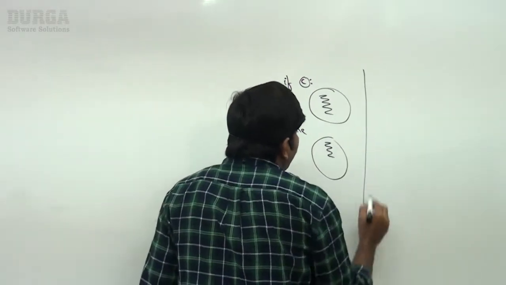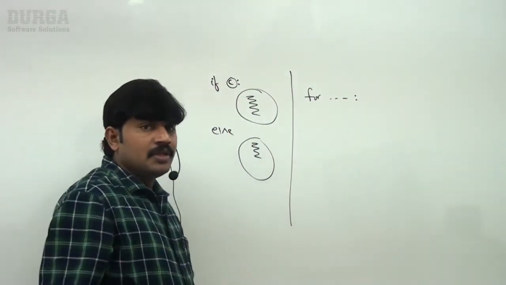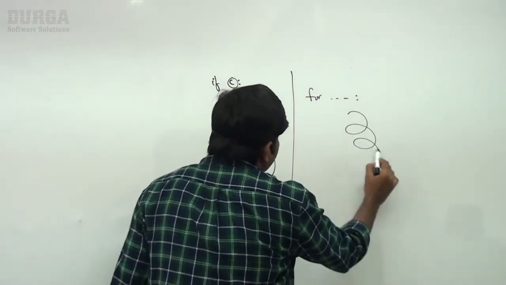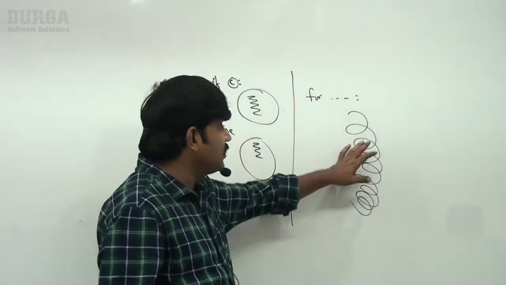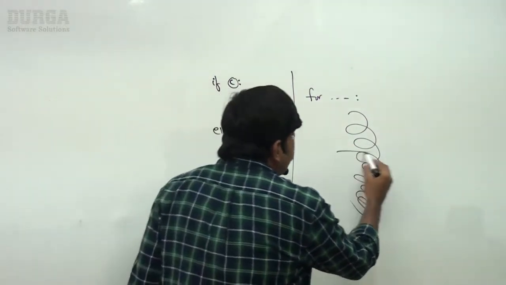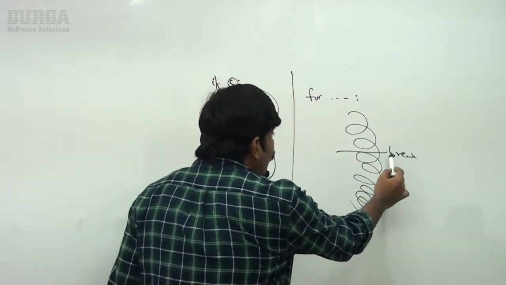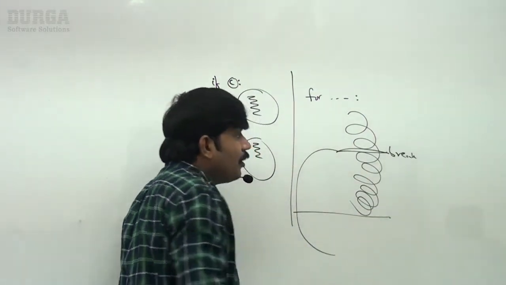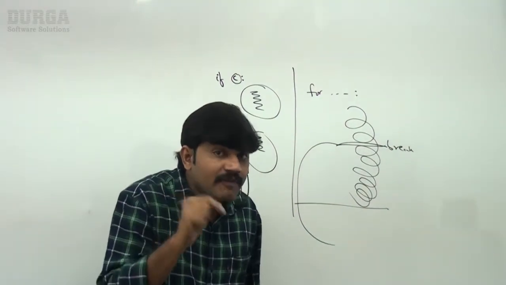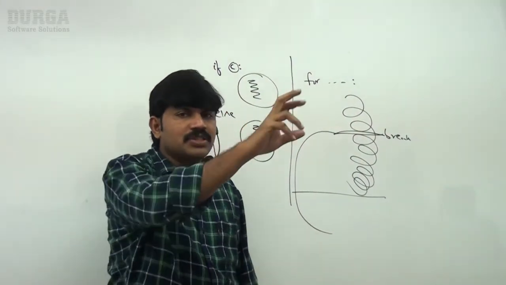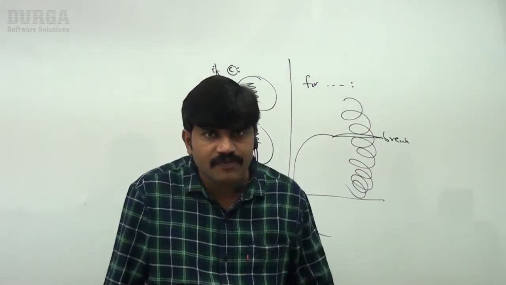Similarly, assume there is a for loop. A group of statements are executed repeatedly, iteratively. Suppose suddenly in the middle a break statement comes. Now the control comes out of the for loop. The statements that affect our control flow are by default considered flow control statements. Clear for all of you, right?